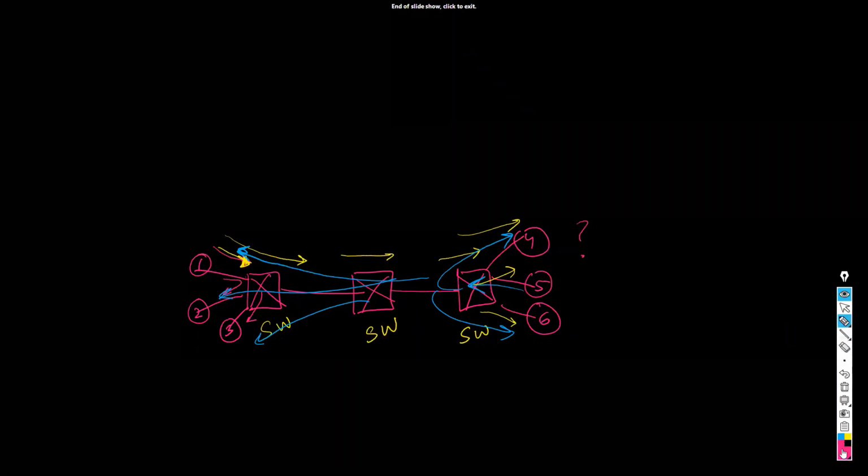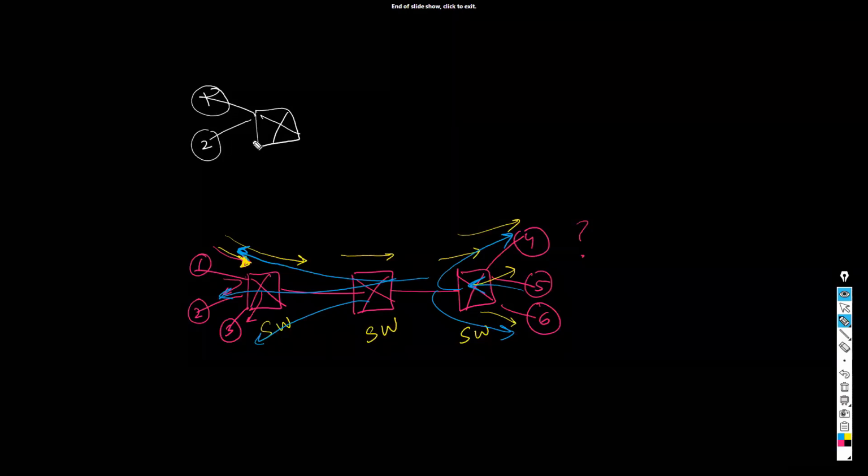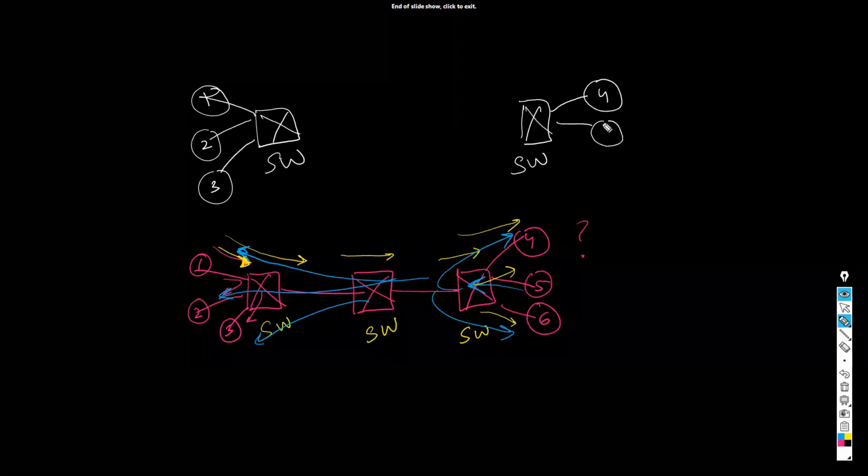Now another question, right? So please see this scenario clearly. Please pay some attention. If I have the same scenario, we have computer number 1, 2, 3, and I have another switch on the other side. This is a switch. This is also a switch, and I have computer number 4, 5, 6 here.